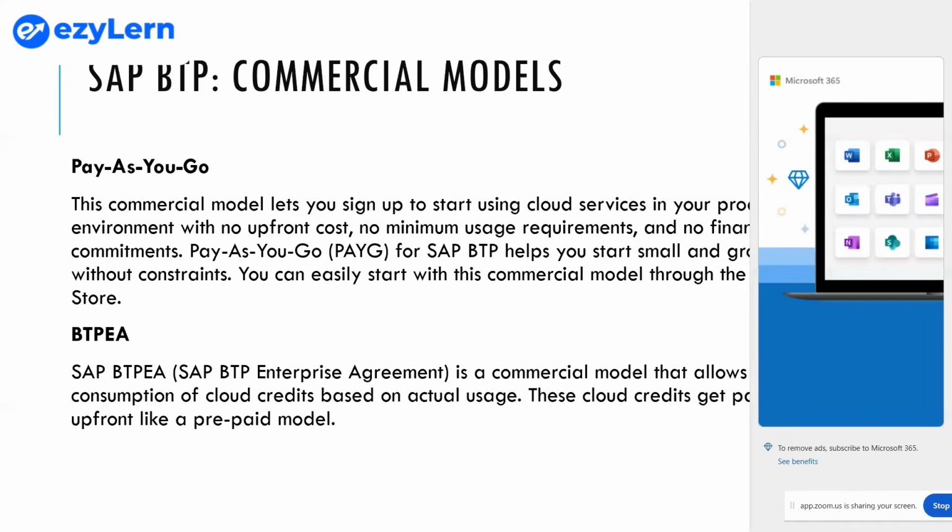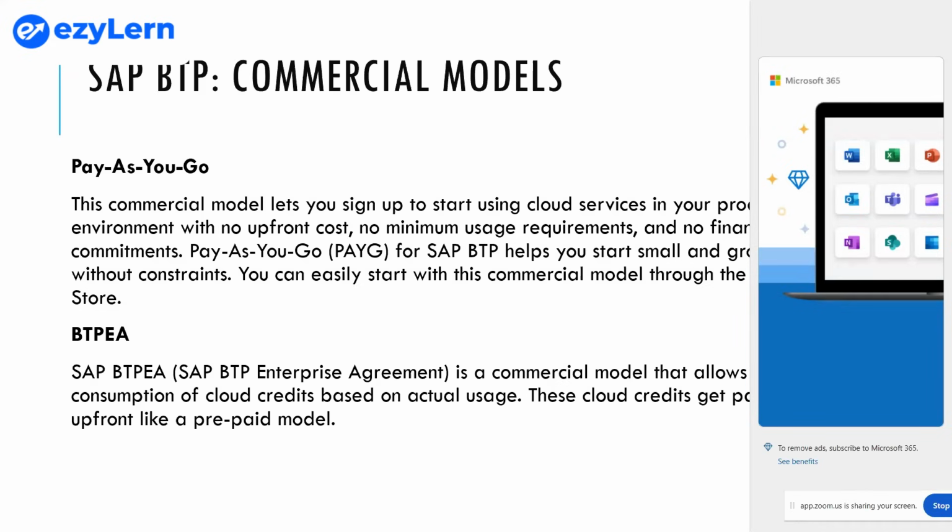Then how many users have logged in, then how many quotas you have purchased. Purchased in the sense of getting utilized. I understand. So there are multiple metrics for each and every service SAP BTP provides. That SAP usage details we will also see once we log in to the account. Each and every service has a different metric of gauging how it is used and how it is calculated.